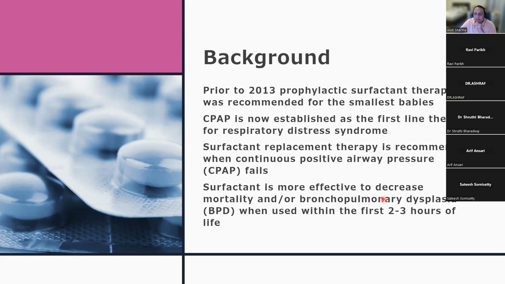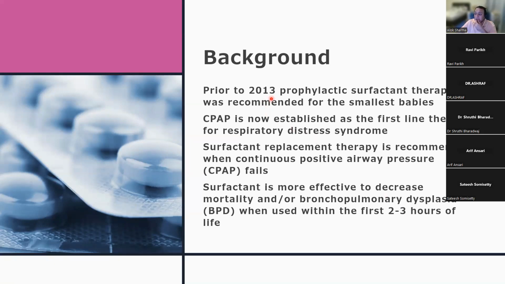Just with that discussion, what I'd like to do is give you a little bit of a flavor of how we've come about using lung ultrasound scores and a little bit about the clinical progress we've made with management of neonatal respiratory distress syndrome and why and how lung ultrasound has come in. So for that, just a little bit of background. So we know that, prior to 2013,